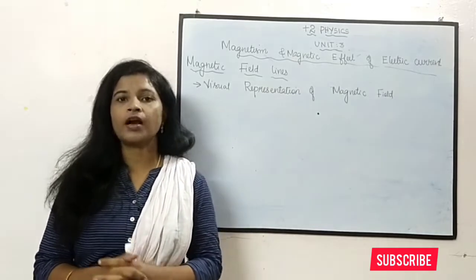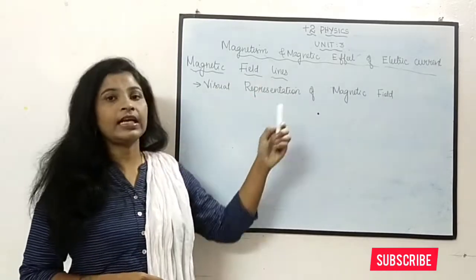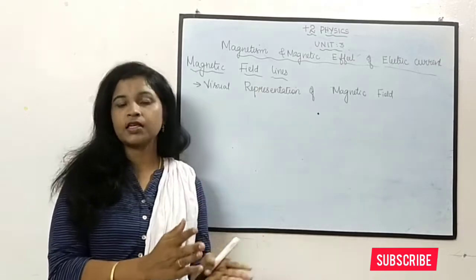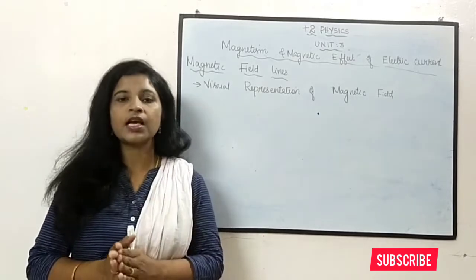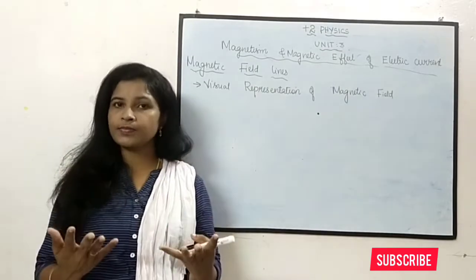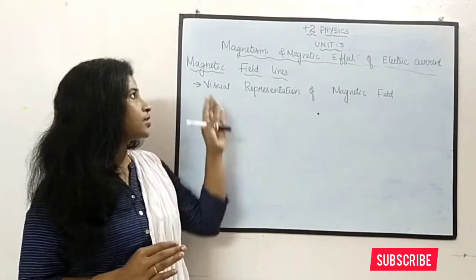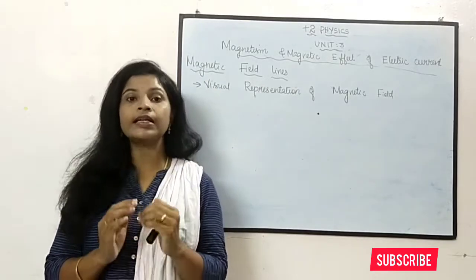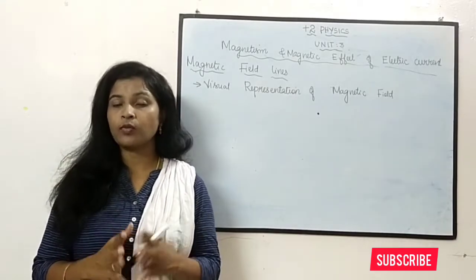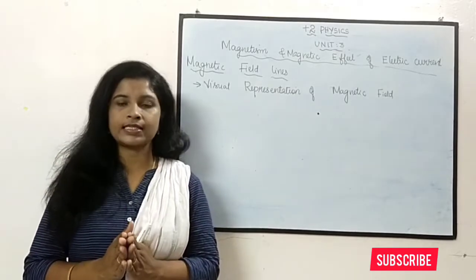Okay. So today we are going to discuss the next topic, that is magnetic field lines. So far we have discussed some of the basic terminologies we are using in this unit, and the properties of a bar magnet. Then what is meant by a magnetic field? That we have discussed. Now we are going to discuss what magnetic field lines are. What is electric field? What is magnetic field? Just recall the first unit. Okay, what is magnetic field?